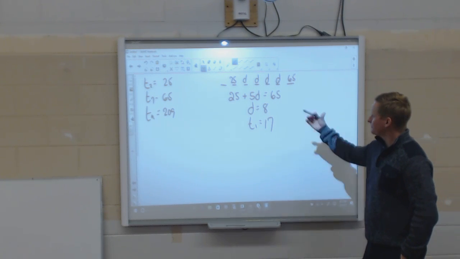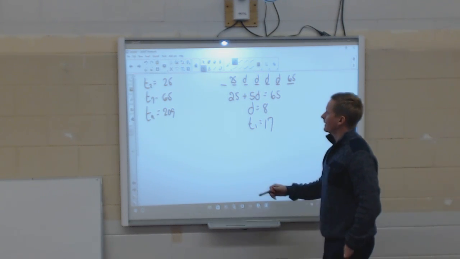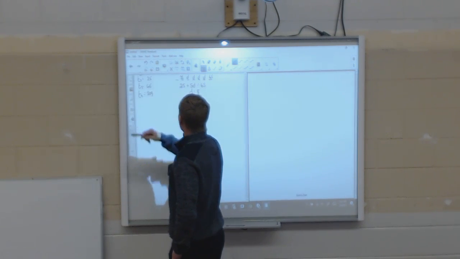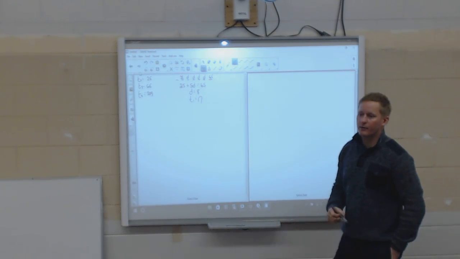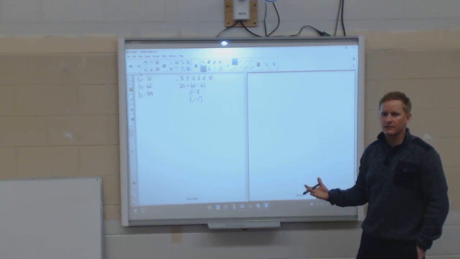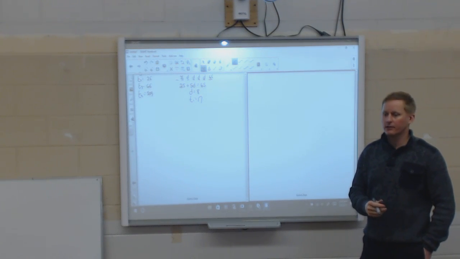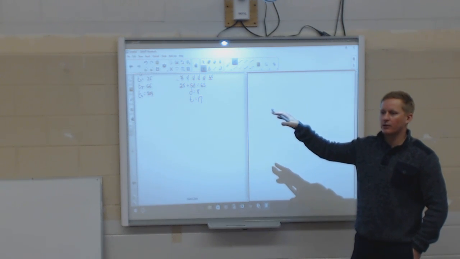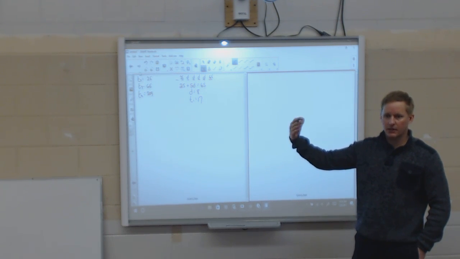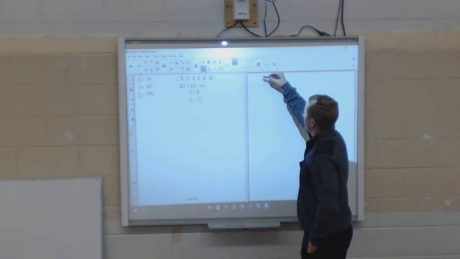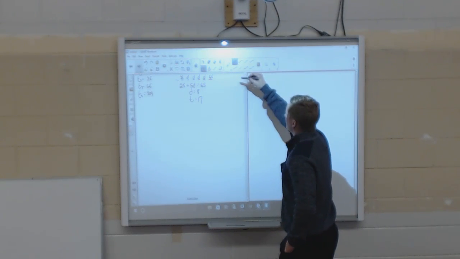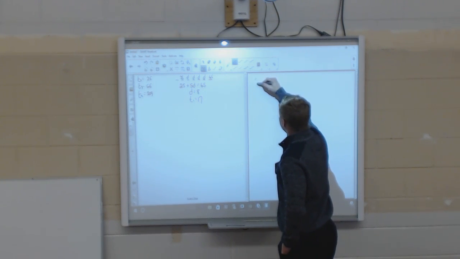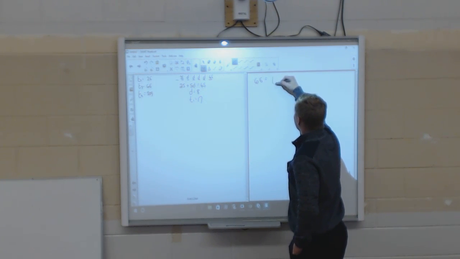Okay. Now, I said I'm going to show you a secondary method to this. This is the method I prefer because you're going to see when we do geometric sequences, we're going to use one very similar to it. So I'm going to do it this way. Okay, so what I'm going to do is I'm going to write my information into my general equation. Actually, I'm going to start with T7. So I've got 65 is equal to T1